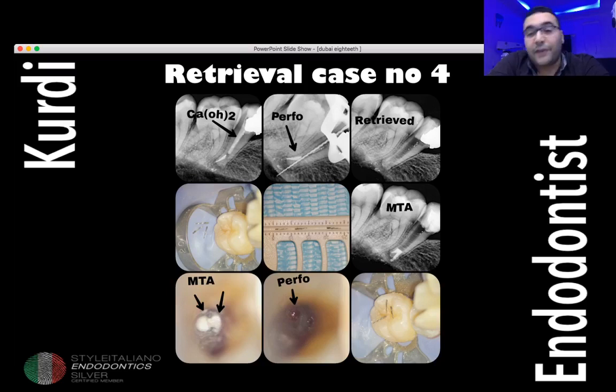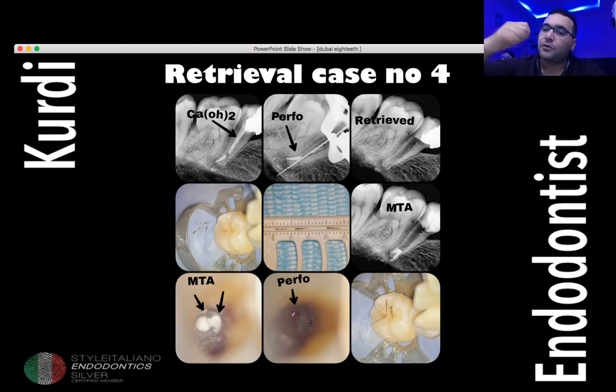I hope that all my friends refer the case to me when they have the first file broken, because they made it a little bit more difficult for me to remove after that. Anyhow, the patient was epileptic, and it was not easy to retrieve the files, and also the premolar had this kind of mesial angulation, and it was not easy also to see the files or to have this kind of accessibility to the file. And then once I could see the files, I used the ultrasonic also in the inner curve,